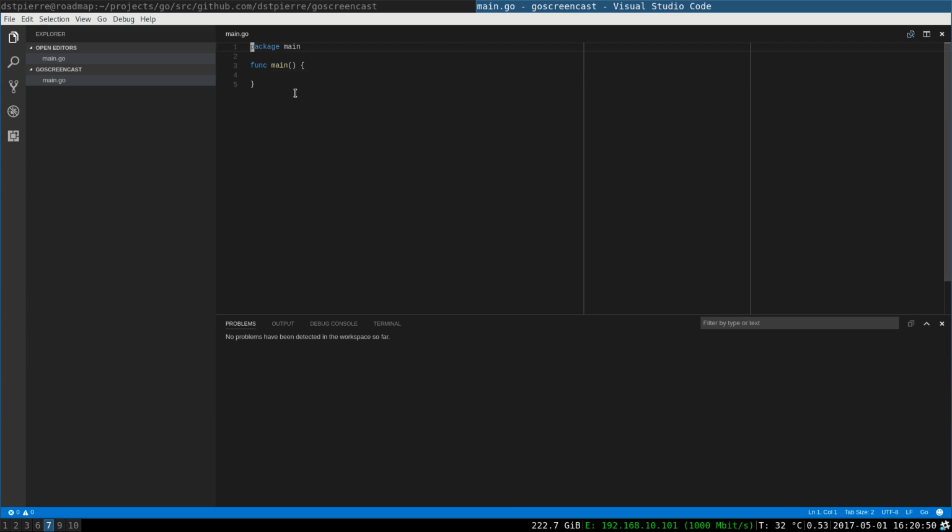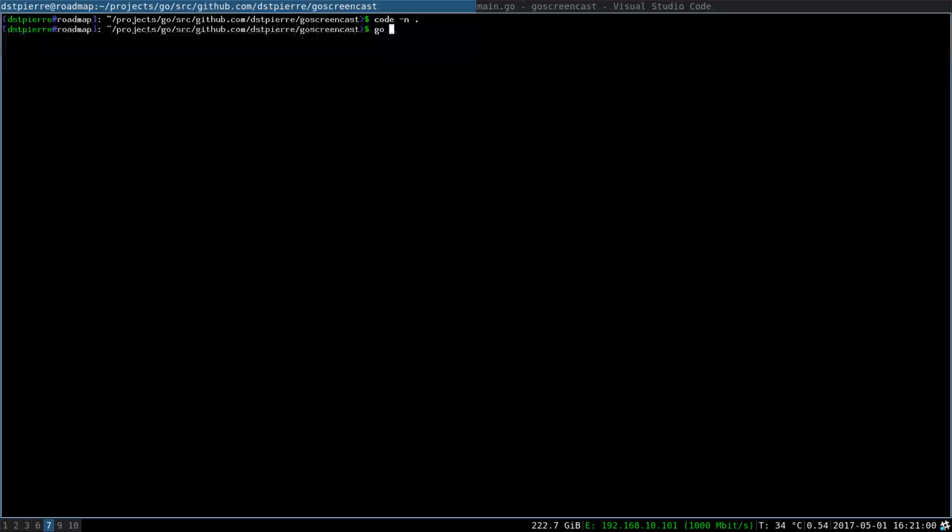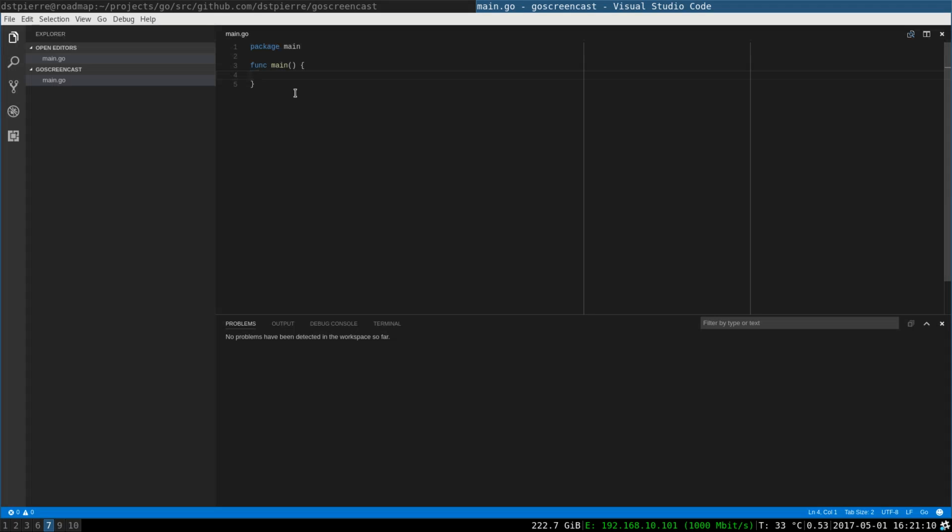If we were to test that, this is actually a valid Go program, I would say. I would even do go run and main.go, and this is compiling on the fly and running this code.